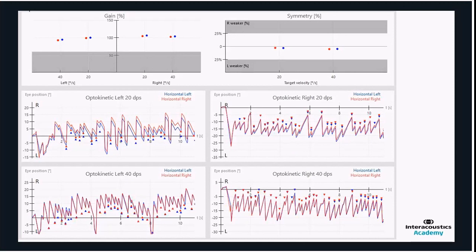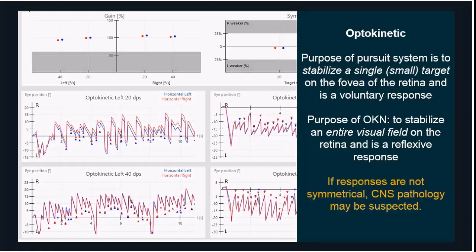Here is an example of some of those recordings that we can see within our software, and this allows us to quantify the slow phase velocity of those eye movements and establish whether we have equal gain. Does the eye move to the correct degree of movement, both right and left? And we can look at this at different velocities. So we could look at 20 degrees per second or 40 degrees per second of movement, both in the right and left directions. We can also look at the slow phase velocity of that nystagmus and calculate a symmetry value to see whether we have any lesions or changes that are predominantly moving either to the left direction or